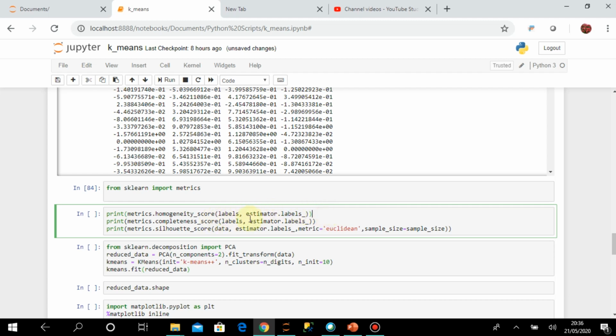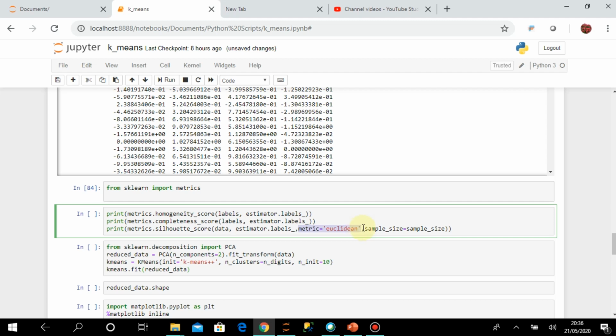This comparison is being done. For the completeness score I am also sending labels and estimator labels, and for the Silhouette score I am sending data, the input set of data, then estimator.labels_, the labels I got from this output, and then metric equal to Euclidean.